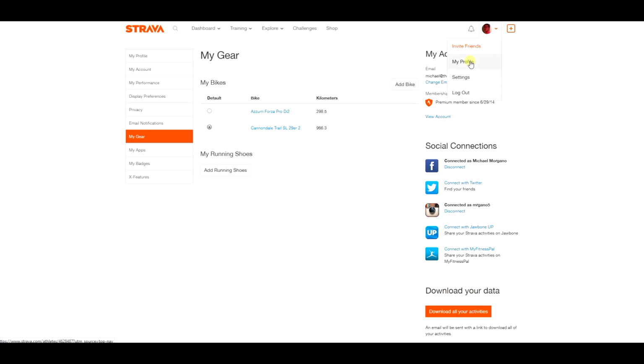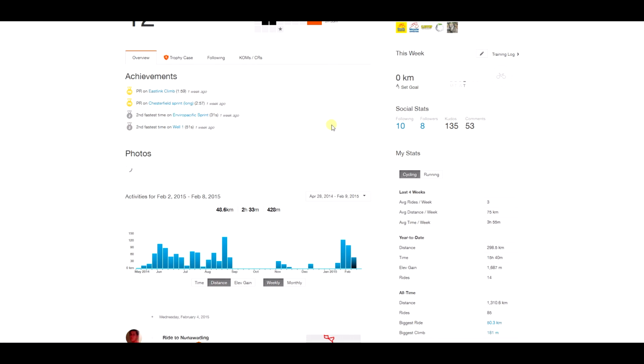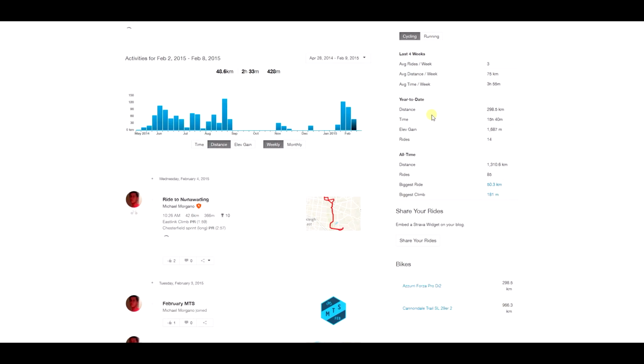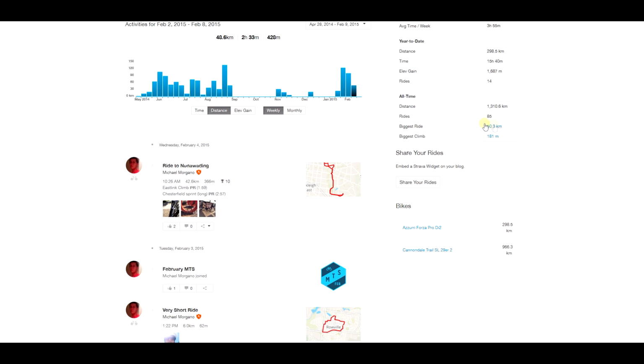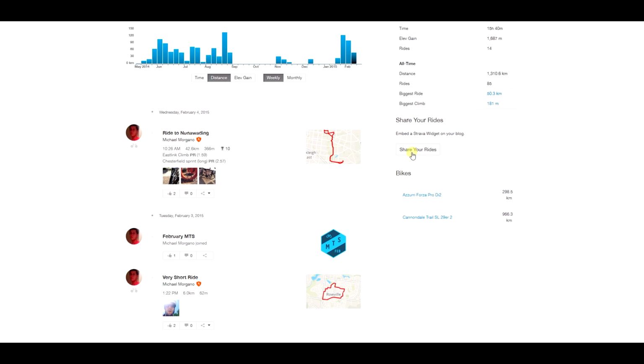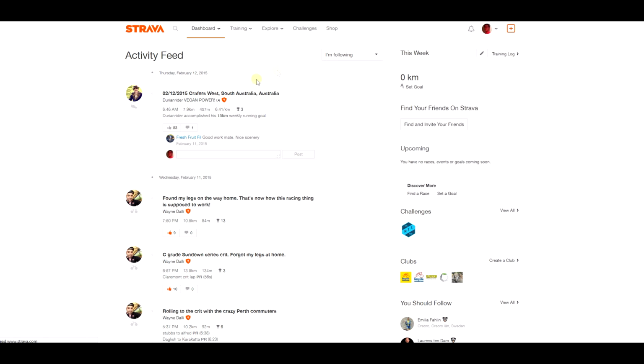Another great feature is if you go to your own profile, you can see everything. All-time riding, how many kilometers you've done, how many rides, biggest ride, biggest climb, all that kind of stuff. And if you go on a friend's or someone else's profile,